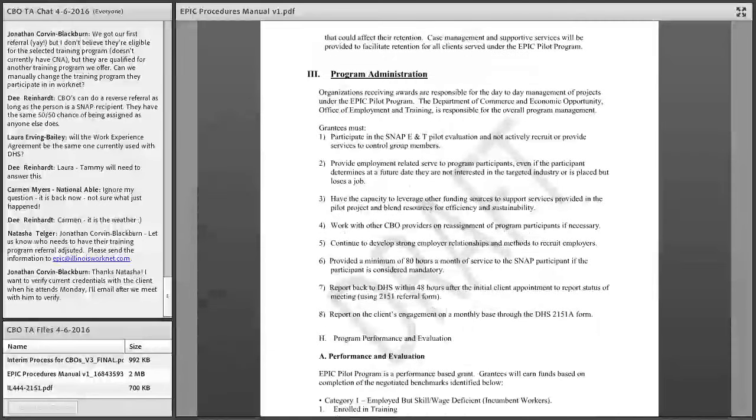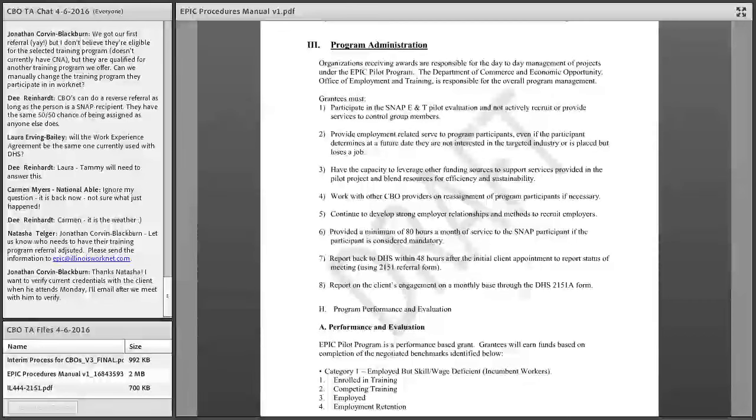Program administration, read through this. There's some key components in this related to just generally running the program. So make sure you look at the program administration section. I'm not going to go through these each, but there's some key elements in this. And like I said, this is a draft mode, so we could be adding some additional information, but it talks